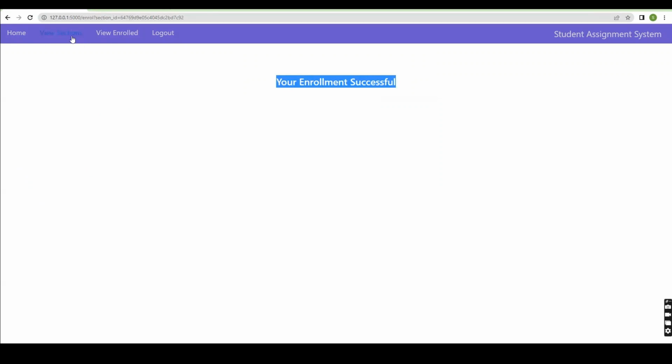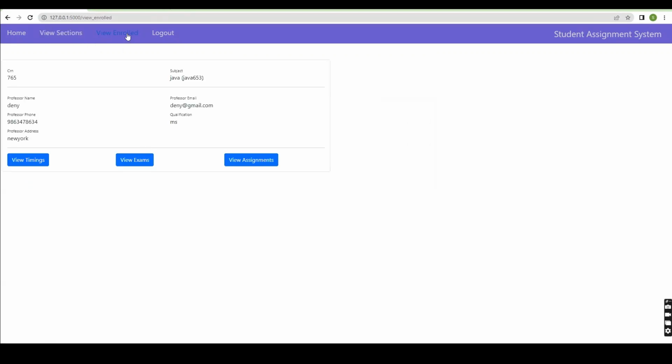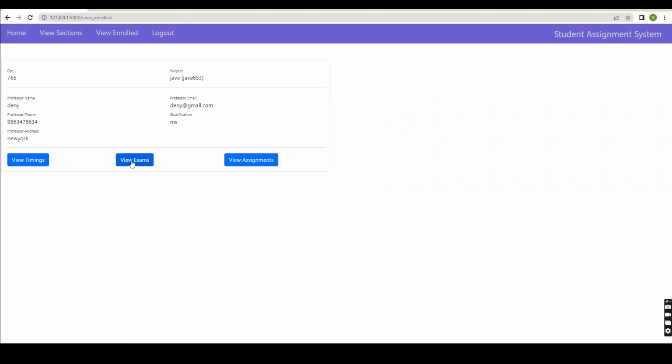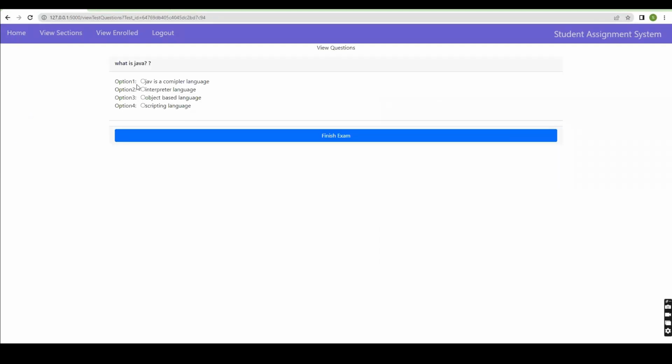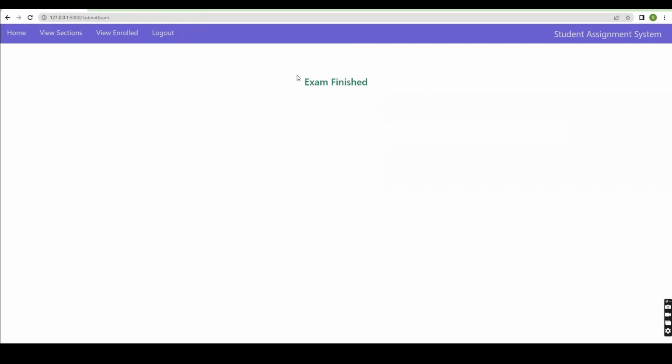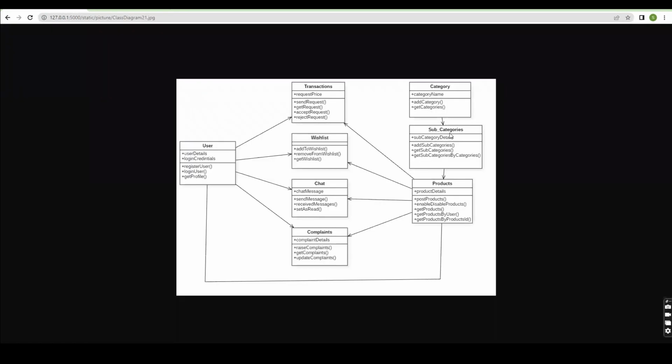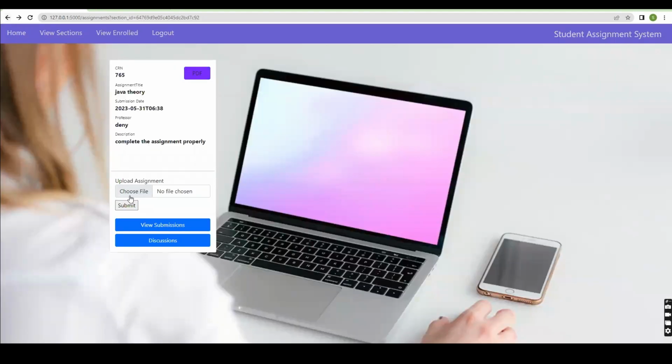After enrollment, they can view the enrollments in the view enrolled page. They can view the timings of the class which are added by the professor, and view the exams, write the test. By selecting the answer, they can finish the exam. After completion of the exams, they can view the assignments which are sent by the professor, and they can